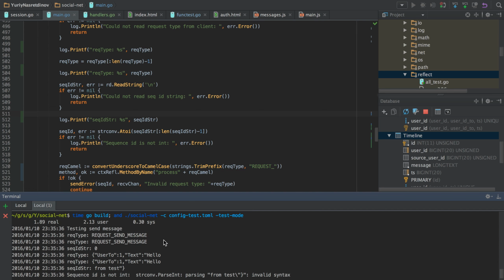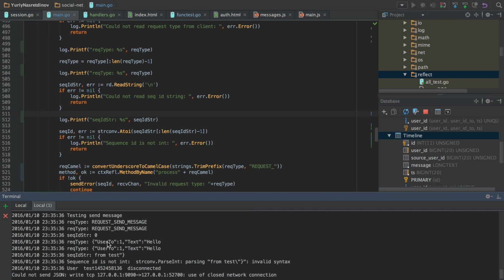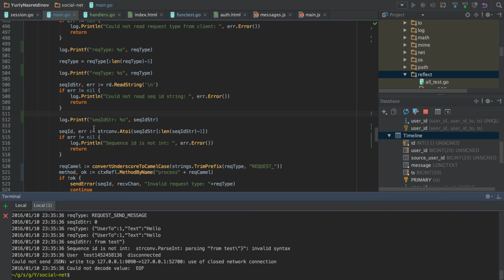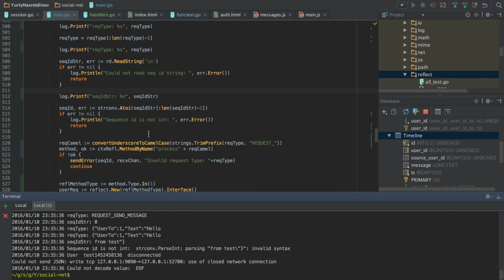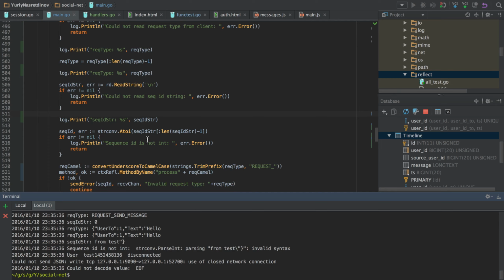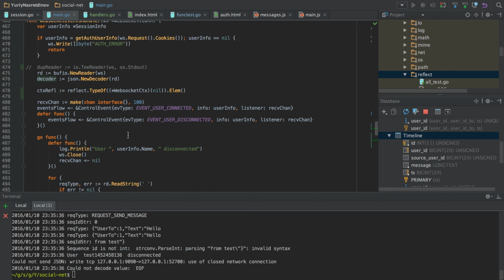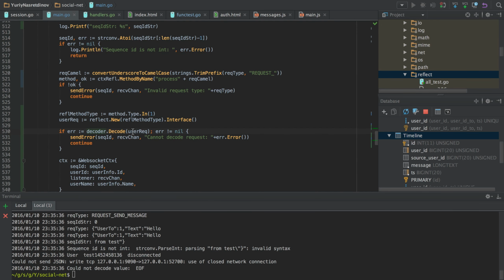And we can see that values are bad even after the first request. So the request type is correct, the sequence ID string is correct, but the second request type is not correct. It is the body of a request instead of a request type. So something is wrong here.